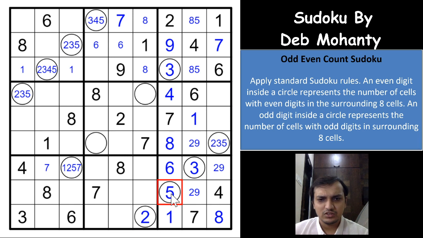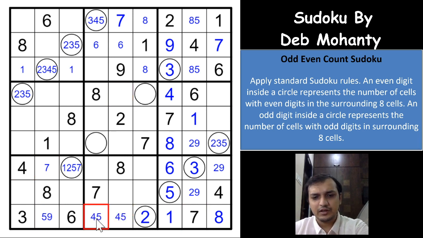So let's see some other digit, I would say. Let us see this row now. 1, 2, 3, 4, 9 and 5 are the digits which are remaining here. So 4 cannot come here. 9 and 5 are the remaining here. 9 cannot come here. 4 and 5, and 4, 5 and 9, right? Okay.